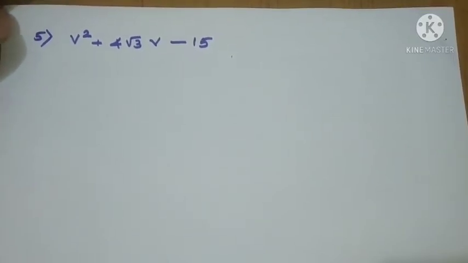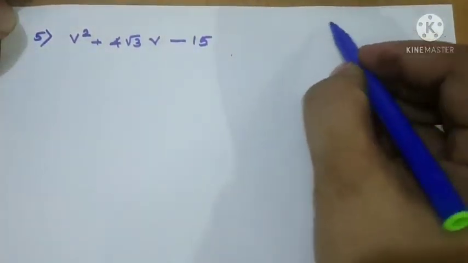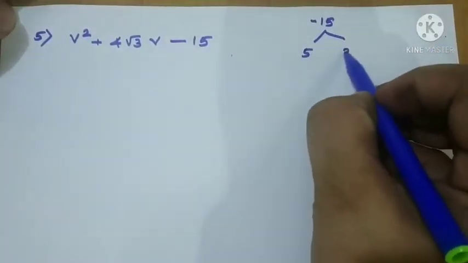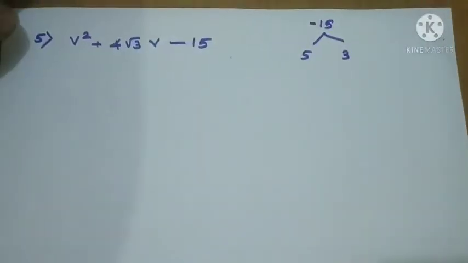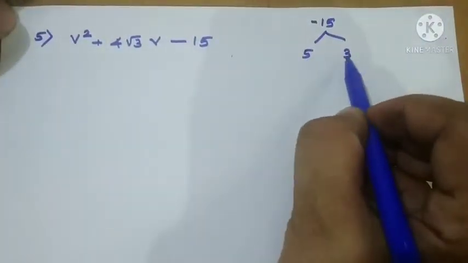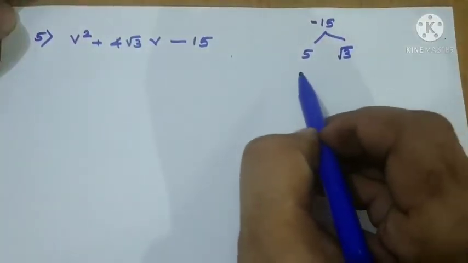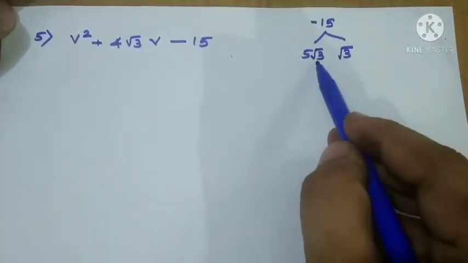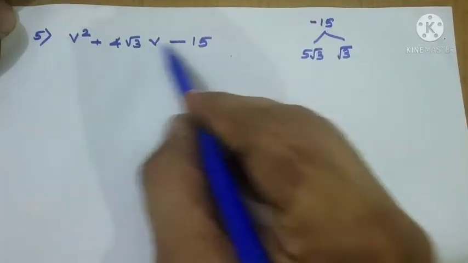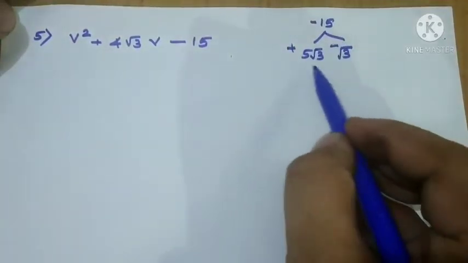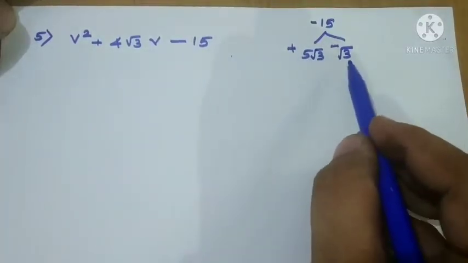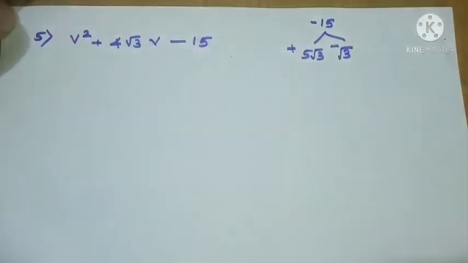Next question, v square plus 4 root 3v minus 15. So minus 15 is the term we have to consider. For that, always 5 and 3 is possible here, but here what happened, root 3 is there. So what should we make here, root 3 should be made, and here also 1 root 3 added, right? So we got 5 root 3 and 4 root 3. Now we require a plus sign, so plus and a minus. So sum equal to 4 root 3 and product is equal to 5 into 3, that is 15, and minus is there, so minus sign.